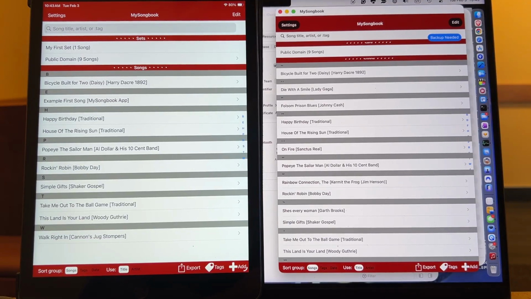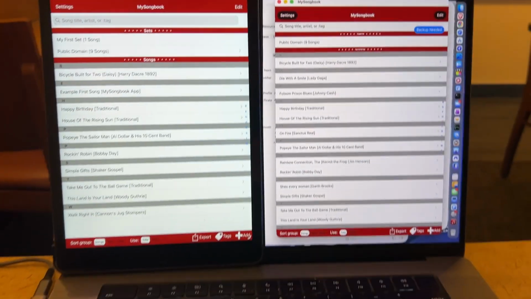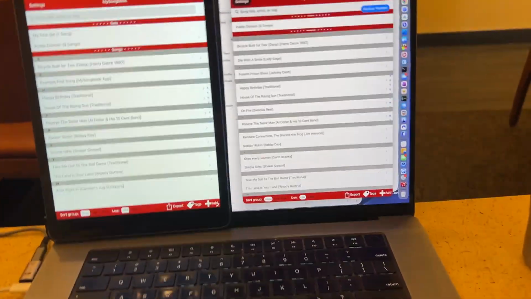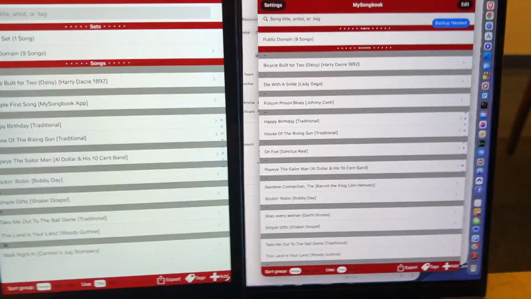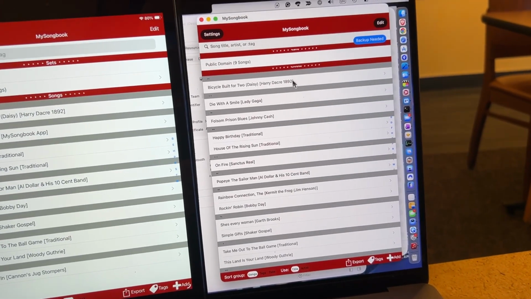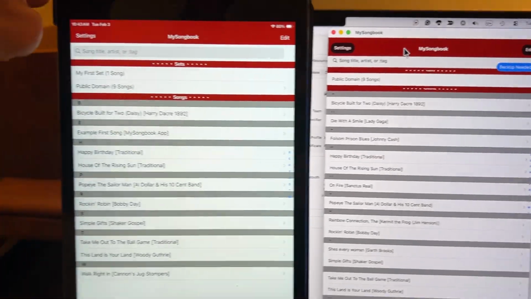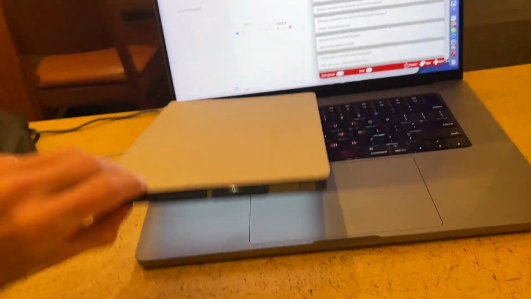This will be an iCloud demo for MySongbook. First I'm going to back up my phone here so you can see what I've got going on. I've got my Mac, and on my Mac I am running MySongbook. The latest M1 Macs can run the latest version of MySongbook, and then on this side I've got my iPad